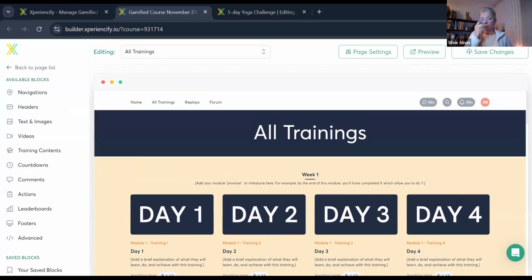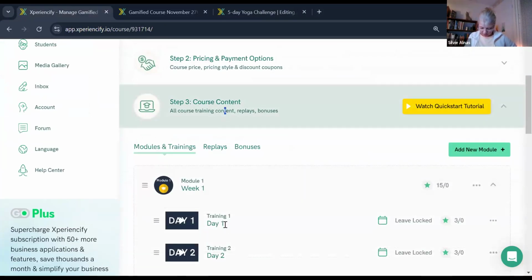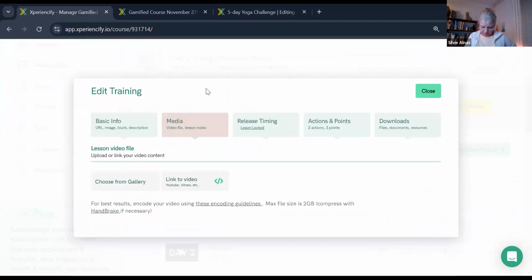And then the next one, this is maybe also something to send to support, but when you go to edit training, upload a video, the instruction says upload your video, image, or file, but it only accepts video.